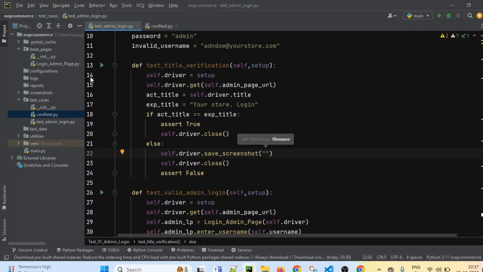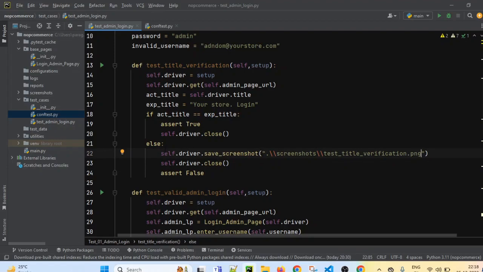We are already in our root folder, in our project NOP Commerce. We have to go to the screenshots folder, so I will just use dot. I am using a relative path: dot, two times slashes, screenshots is the folder name. And we have to give the name of that file, right? Name and extension. So I will just use this test case name. If this test case fails, then the file which will be created will have that test case name .png. That is the image extension.